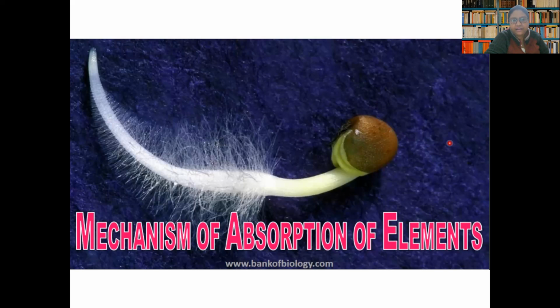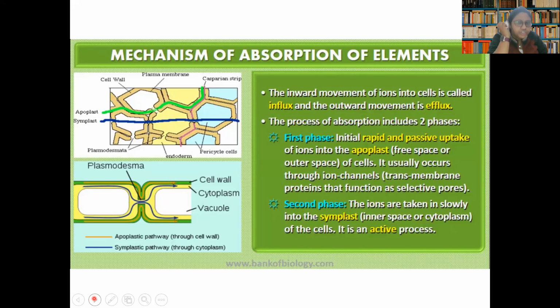So how elements are absorbed from the soil, that we are going to learn in this part. So you will know which organ of plant is responsible for absorption of elements from soil. It is the root. From childhood, we are learning that root is going to absorb the elements from the soil. In chapter number 11, two pathways of absorption are there, because from soil it is absorbing water, and along with it, it is absorbing the mineral nutrients.